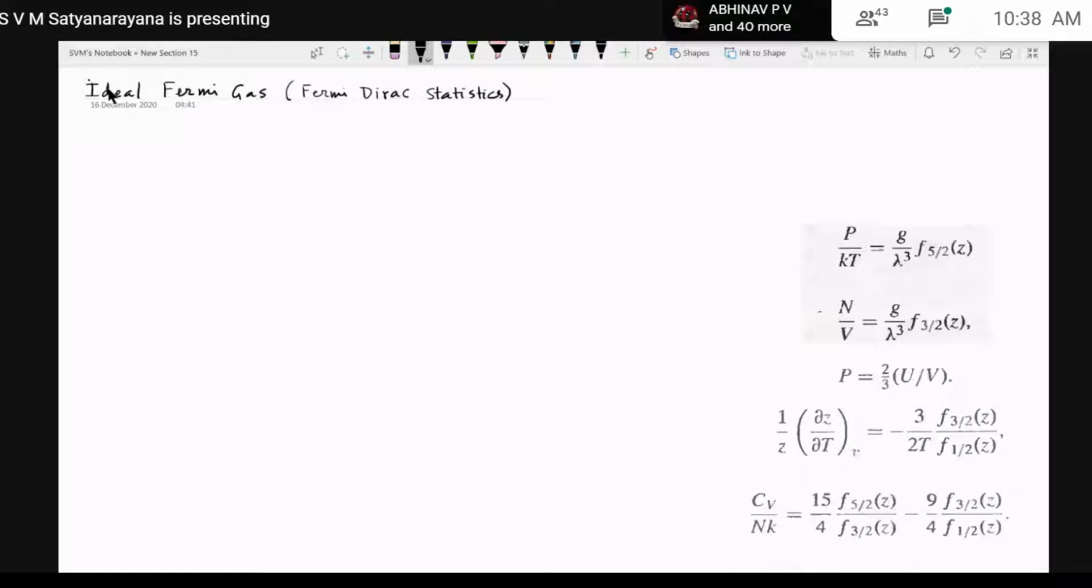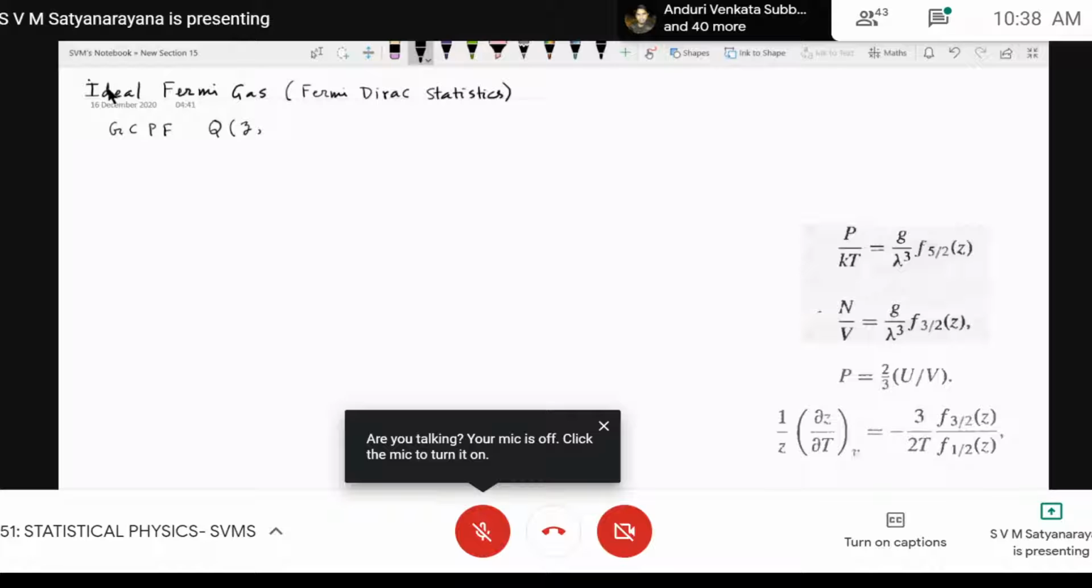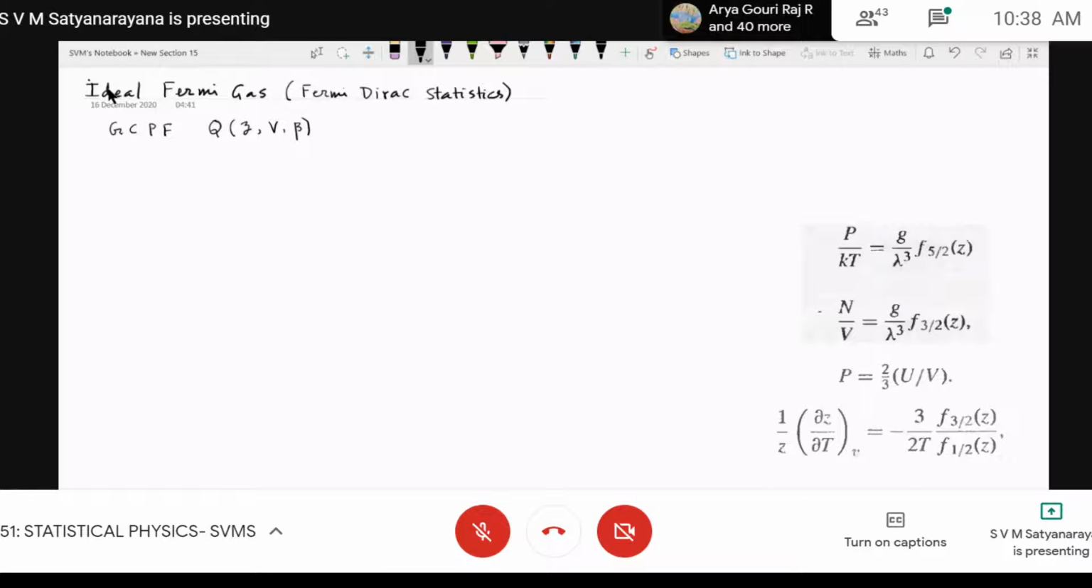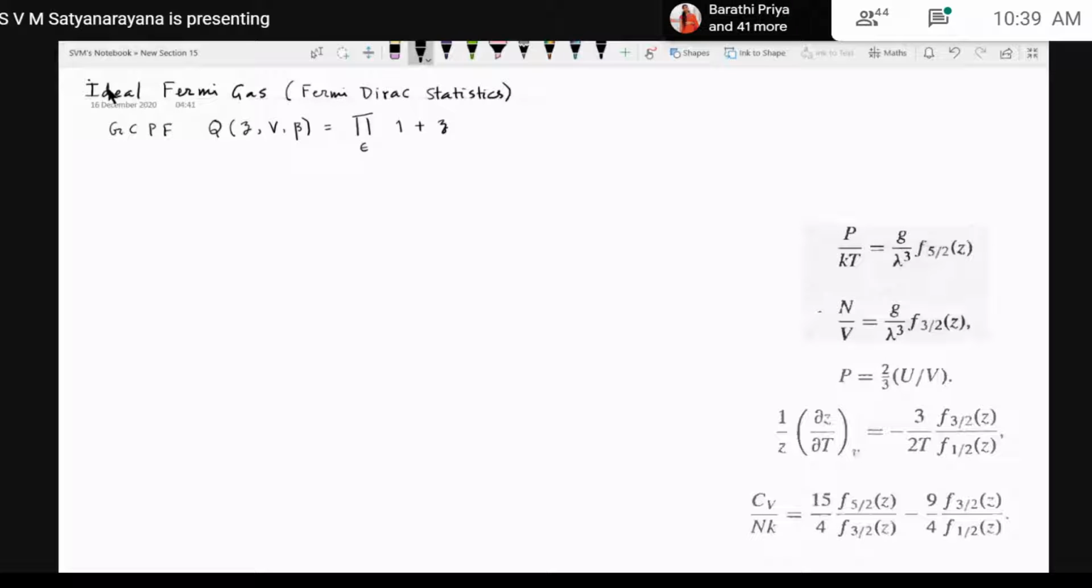We had seen earlier, when we talked about general quantum statistics, that the grand canonical partition function for Fermi-Dirac statistics is given by this Q of Z, the fugacity, V, and of course beta, the inverse temperature, equal to the product over all the single particle energy levels epsilon of 1 plus Z e to the power minus beta epsilon. So the product of all these terms will be the grand canonical partition function,